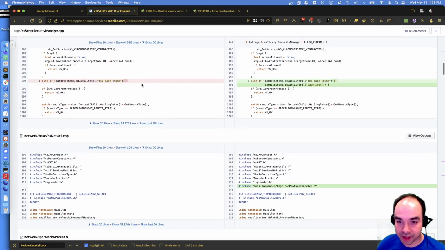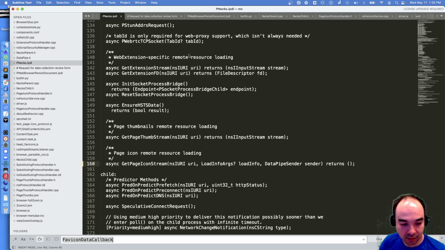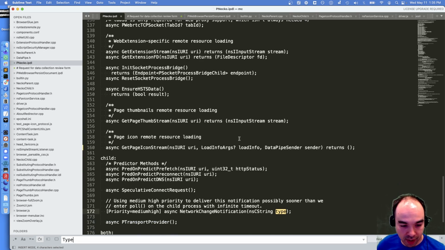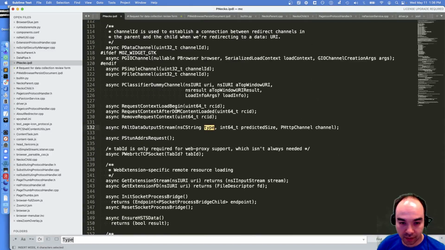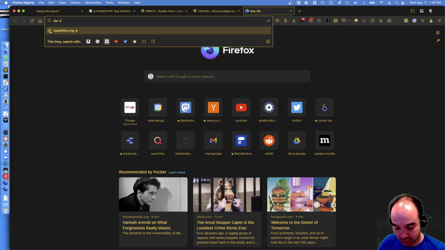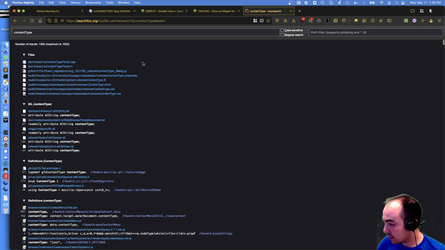Content type is a string of some kind, but what kind of string? If we look at existing messages in here, type, network change notification, so maybe NSC string, like content type. Let's see if there are existing messages.